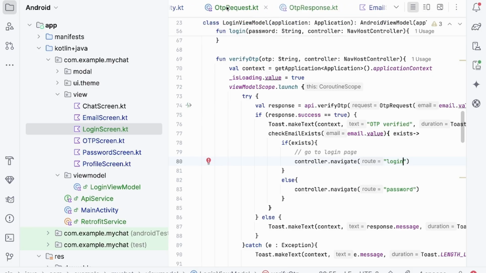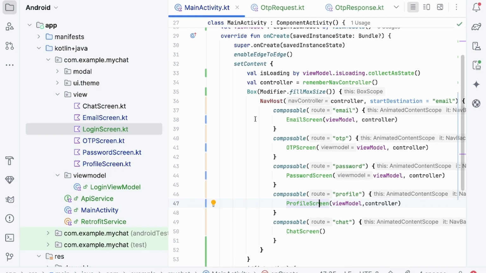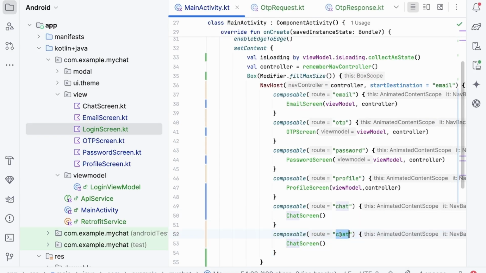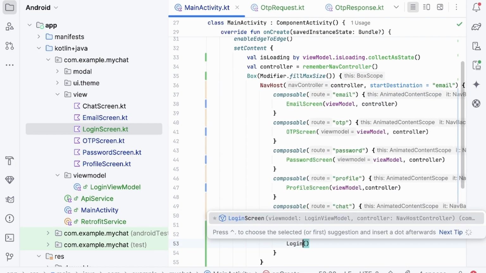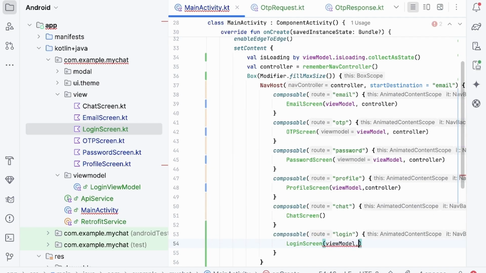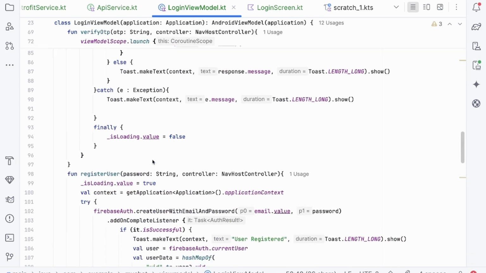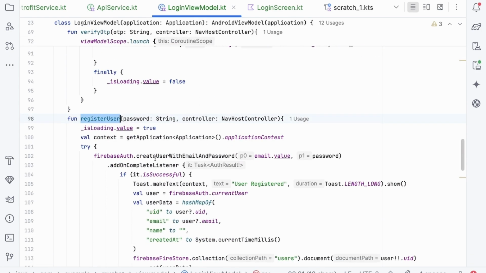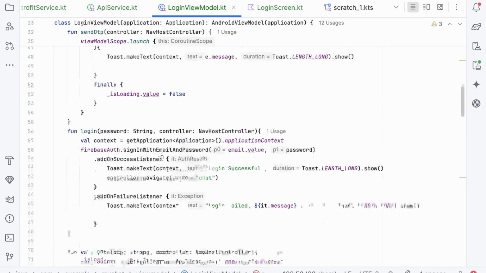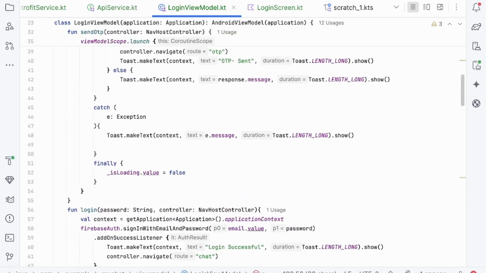This login screen must be initialized in the main activity. Just duplicate here. Login screen. Oops, we need to add sign in with email and password, because for login we need to sign in, whereas for register only we need to use create user with email and password. So keep that in mind. Let's run our project